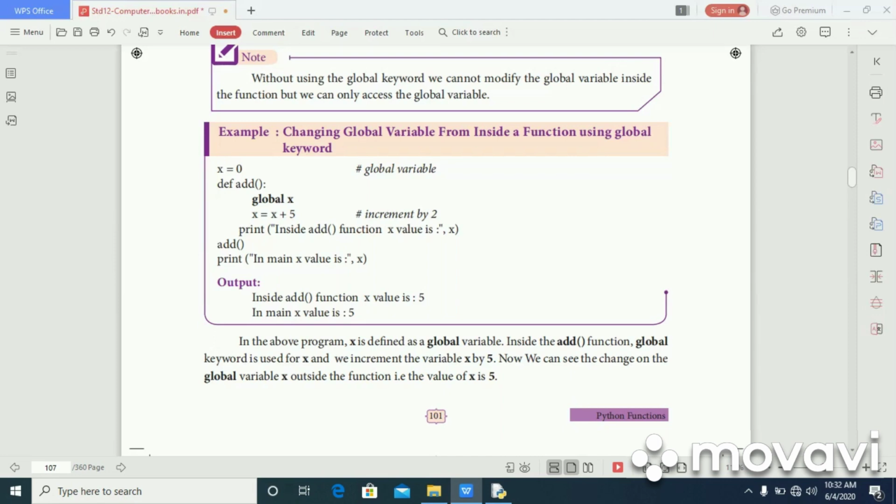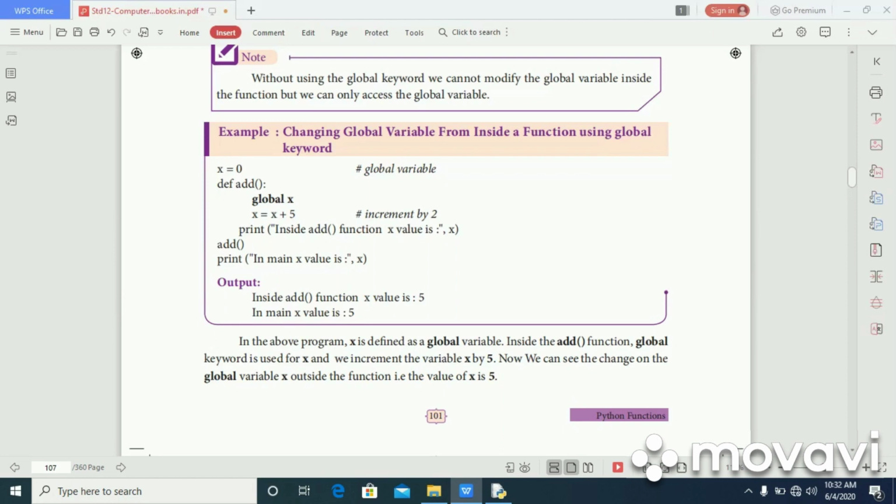Next one is print of inside add function x value, print of in main x value. Okay, so inside add function x value means 0 equal to 0 plus 5 is 5.